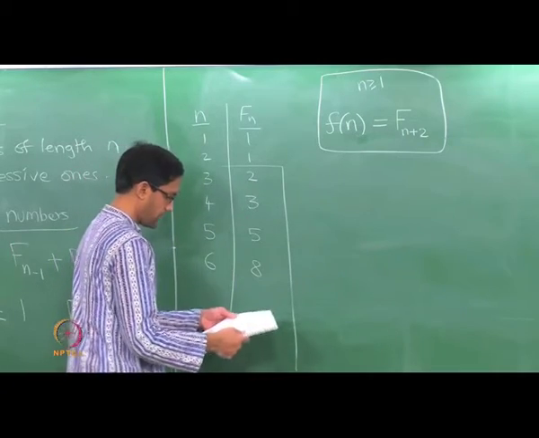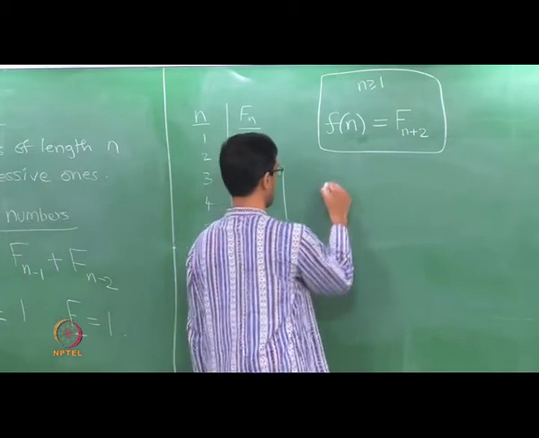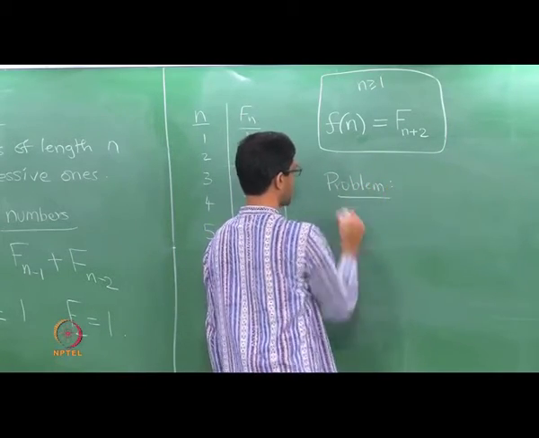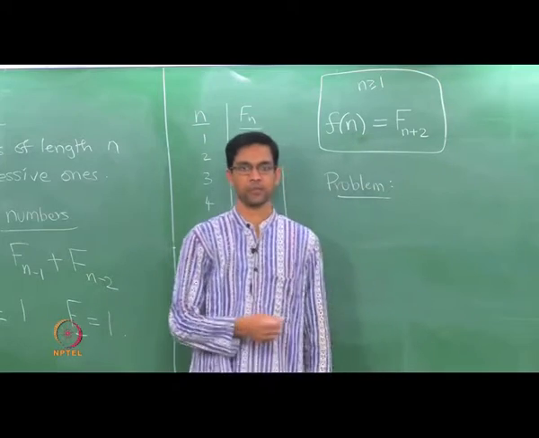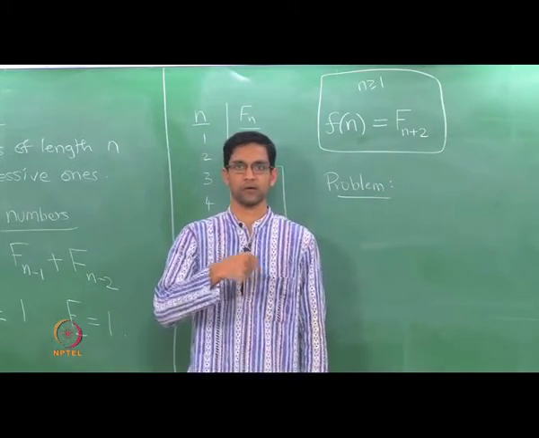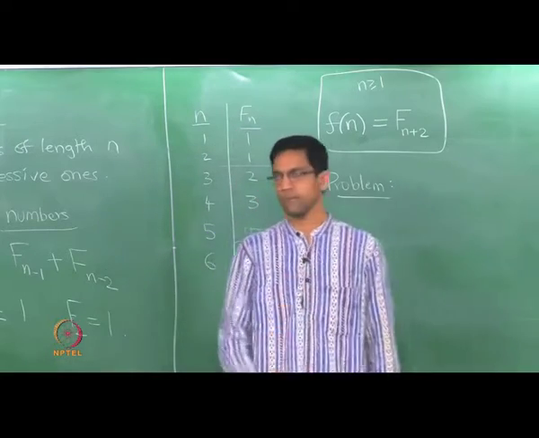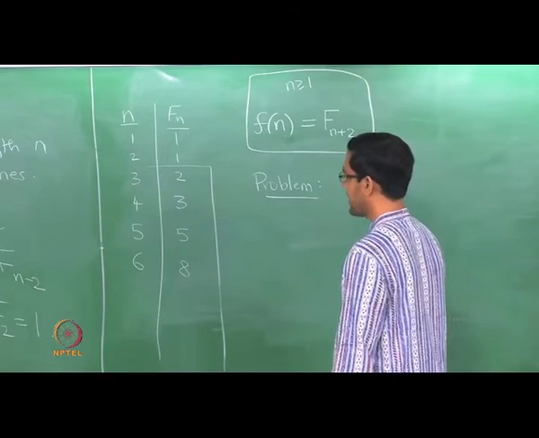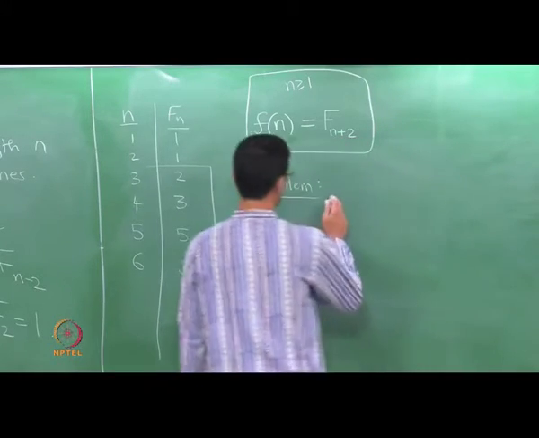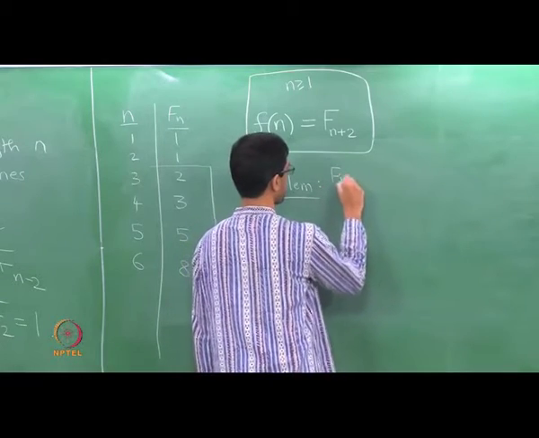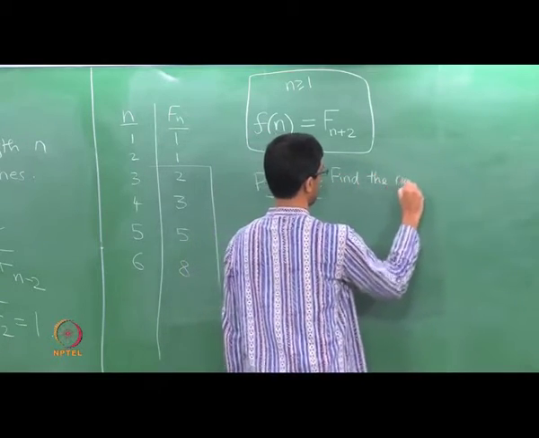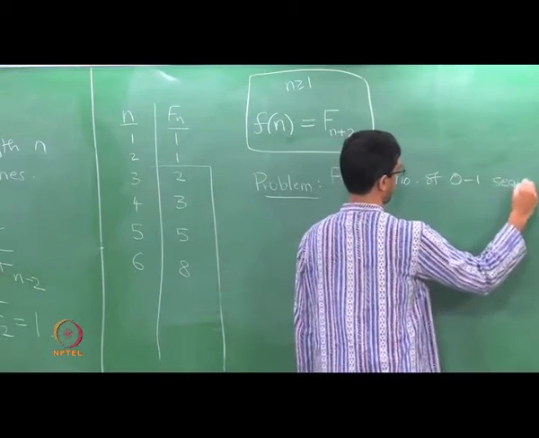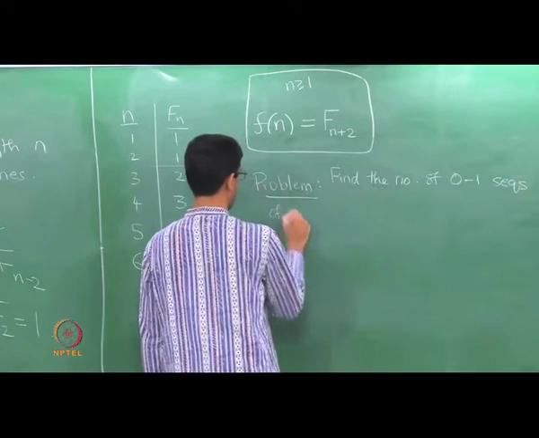Okay, and so now here's another interesting problem going back to our combinations with restrictions. Let's count it in a somewhat finer way. So let's do the following. Let's not just look for the number of 0 1 sequences of length n with no successive ones. Let's also impose a further condition. So find the number of 0 1 sequences of length n